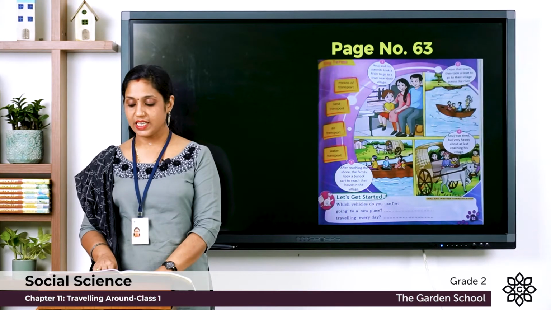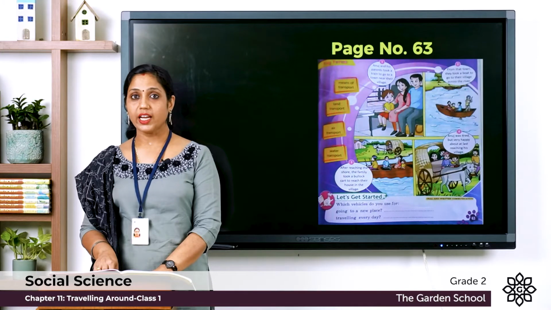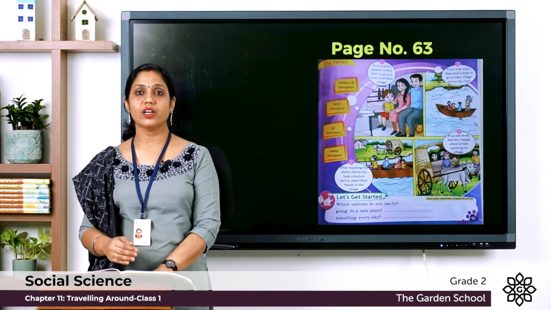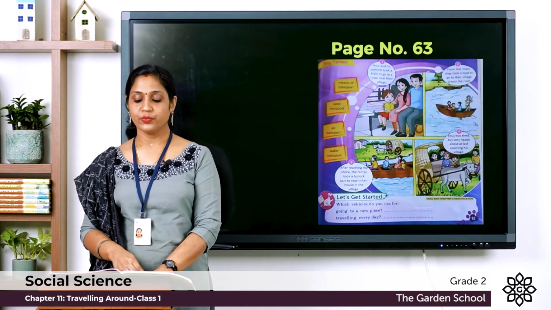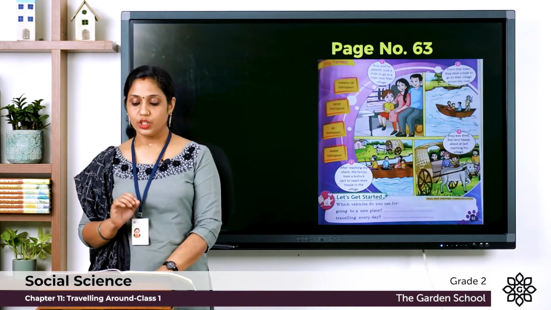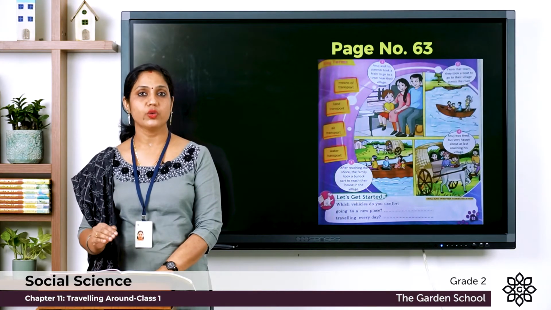Fourth picture you can see Anuj was tired but very happy about at last reaching his village. So what did you see there? The different transportation used. So in the first picture you can see Anuj and his parents took a train to go to a town near their village. So first they took a train to reach their village.